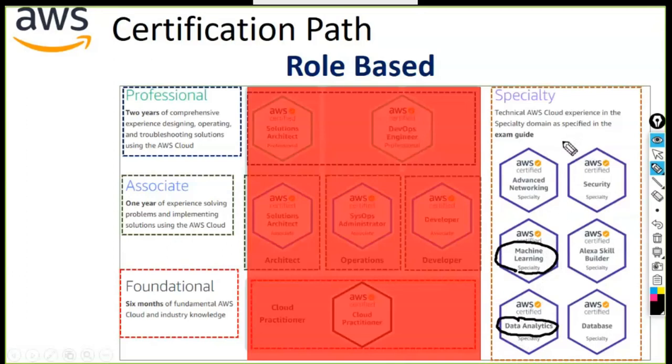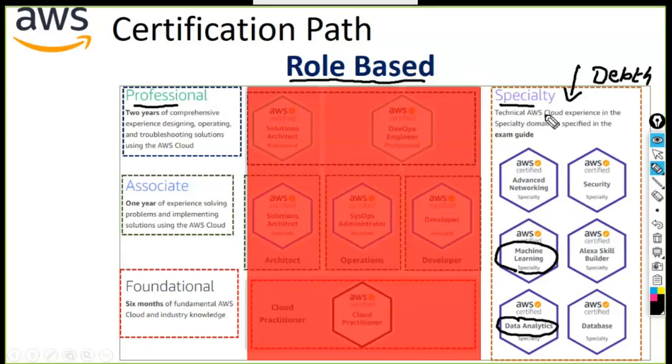These certifications have to be taken post you complete the role-based certification. That's what the community says. But it's up to you how you want to appear. Post you complete the role-based certifications, you can go for specialty. Specialty will talk about the depth of understanding in each specialty domain. Machine learning, you need to have the depth of knowledge on that. But if you look at the professional, it is broader knowledge.